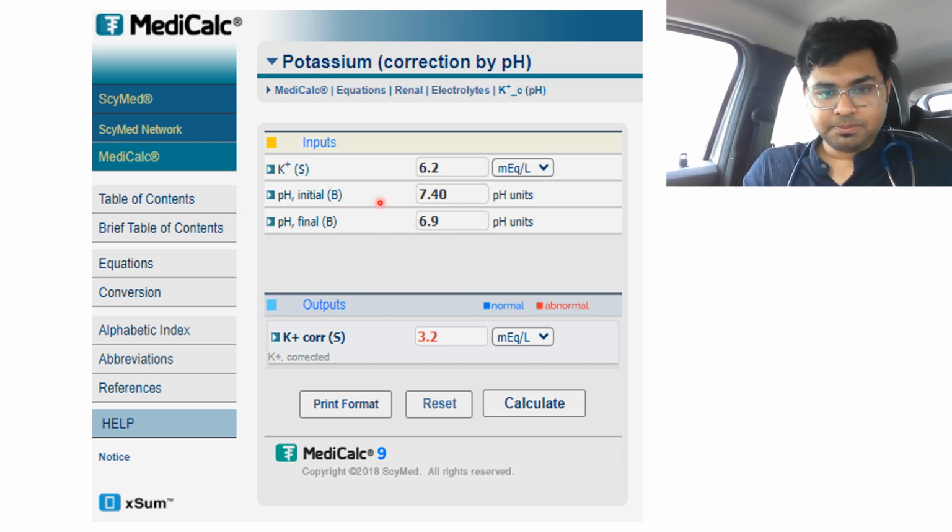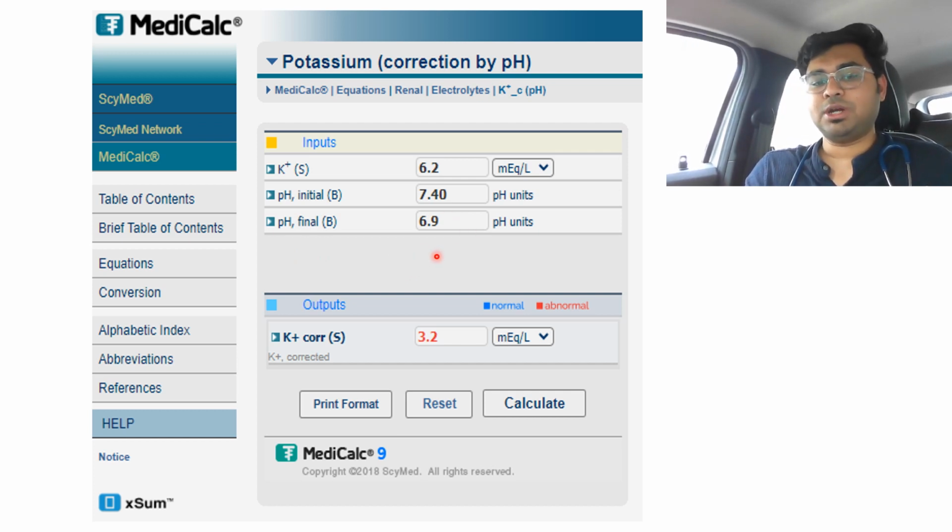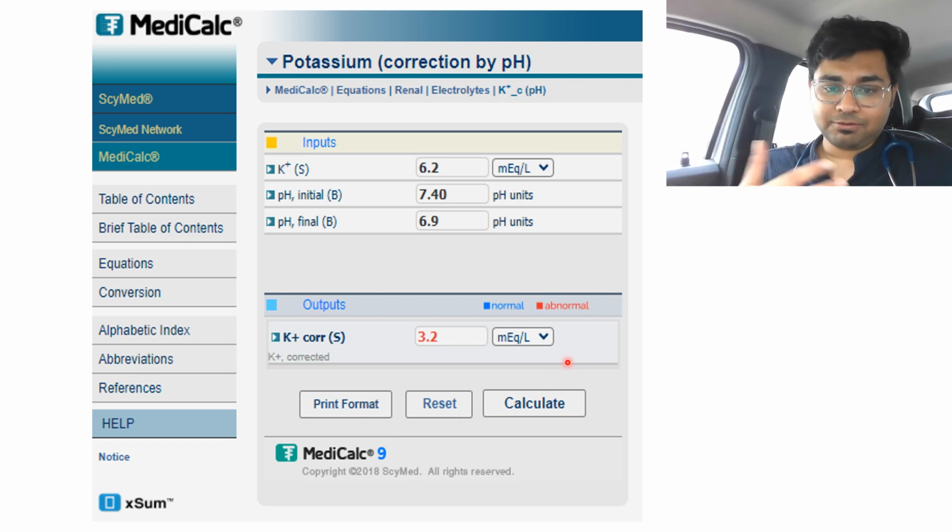These are the serum potassium level, which was 6.2, the initial pH, that is the ideal, which we consider 7.40, and the pH we had in the patient, which is 6.9, acidotic. After putting in the values, just click on calculate, and you will have the accurate potassium level, the potassium level after correction, that is